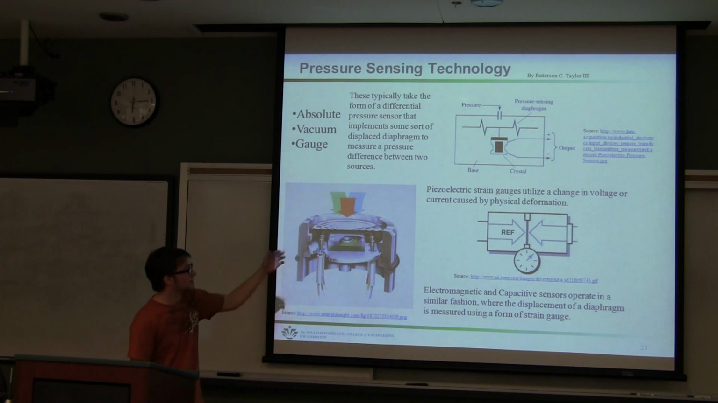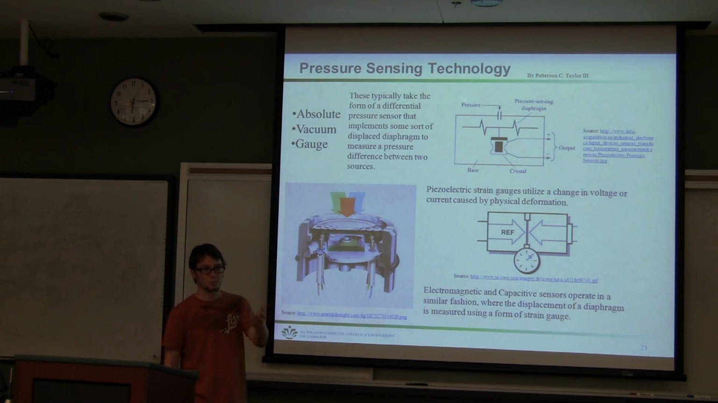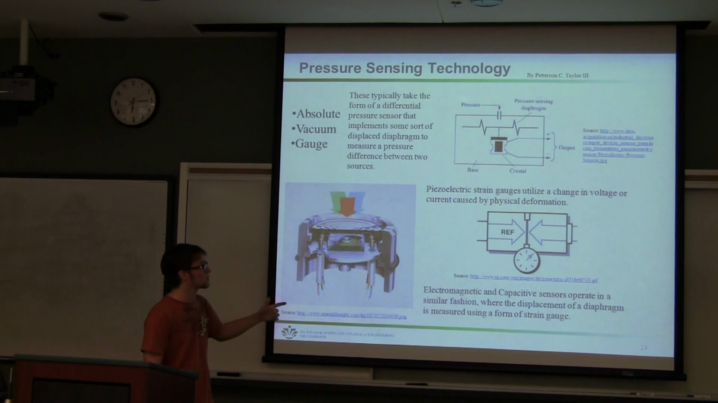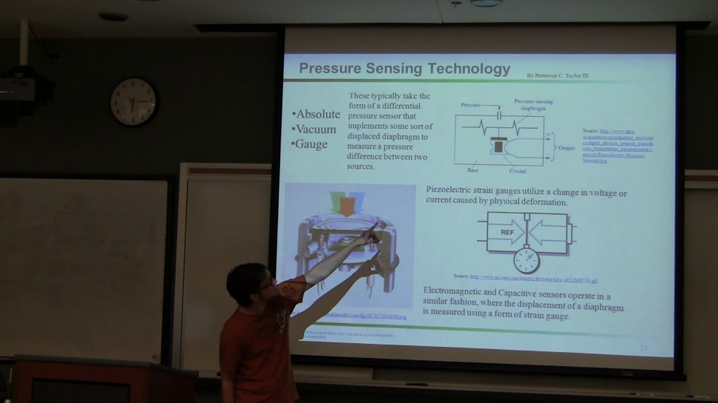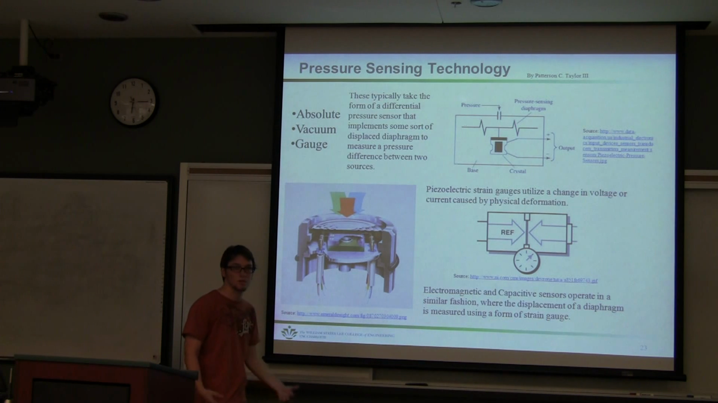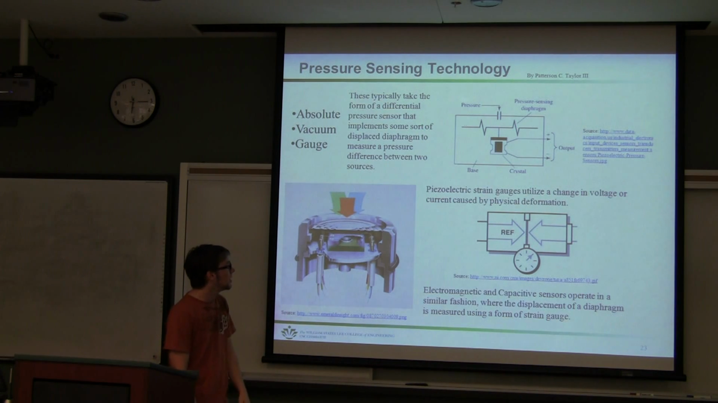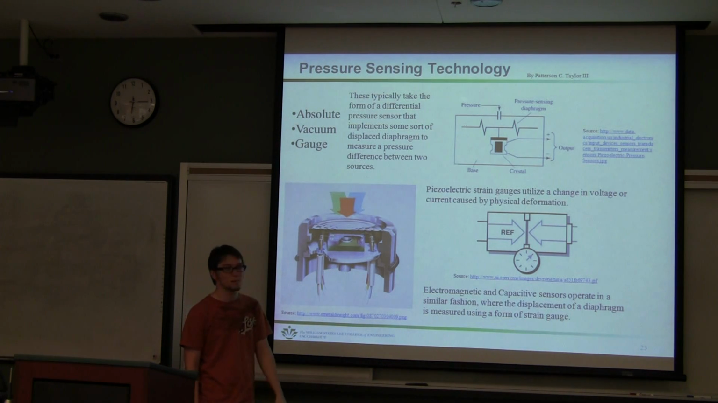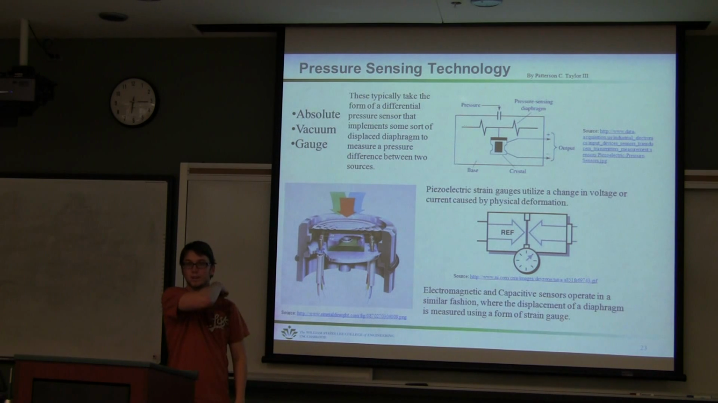You have something like piezoelectric strain gauges. That was the type that we just saw up there. I believe that used a quartz crystal; when you push on it, it generates current, so you can tell how hard you're pushing on it. So that's one of the types. You can see you got your crystal in there, your pressure input, and then you get pressure sensing background of voltage difference. There's also electromagnetic and capacitive sensors that use